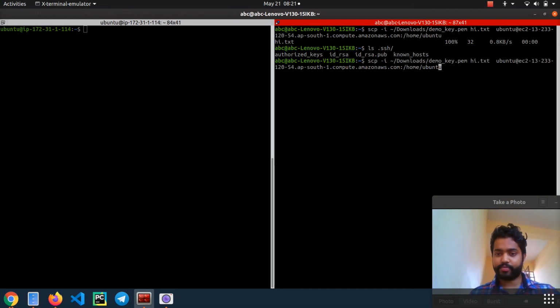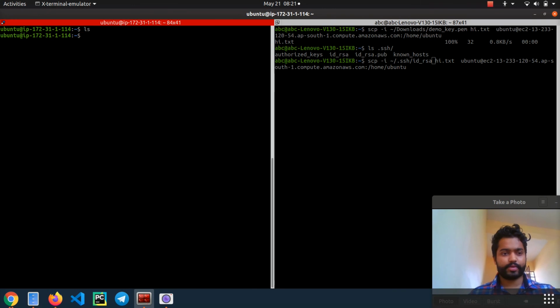So in this previous command, if I simply remove this one as well, or before that I'll show it will use our .ssh/id_rsa. Yes, it's empty.